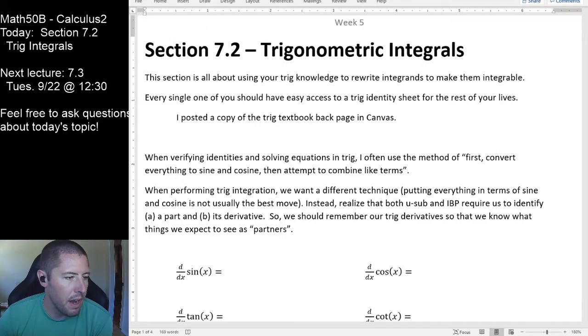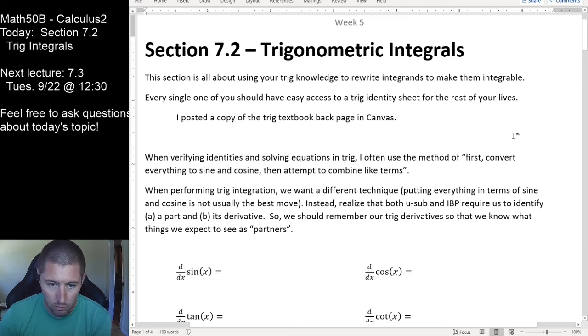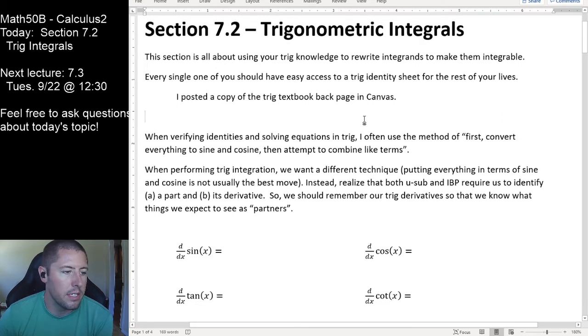If you want to grab the one that I've got here, you can go over to Canvas and it should just be sitting in our week 5 module, just as a PDF sitting right there, and you can download it. So we'll certainly reference this quite a bit today, and you should for the homework and stuff like that as well. So how are we going to do this stuff? Well,